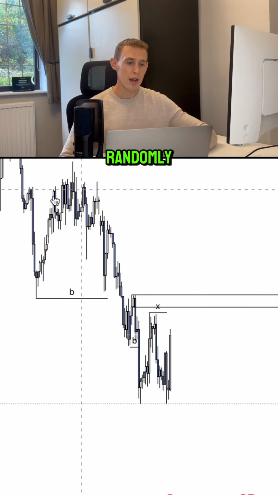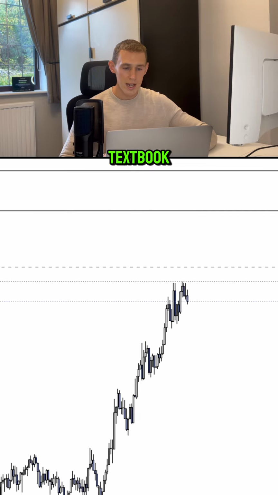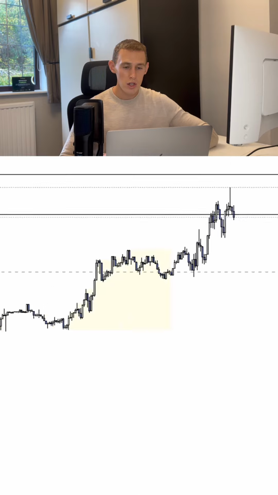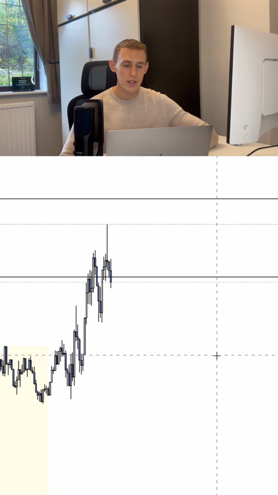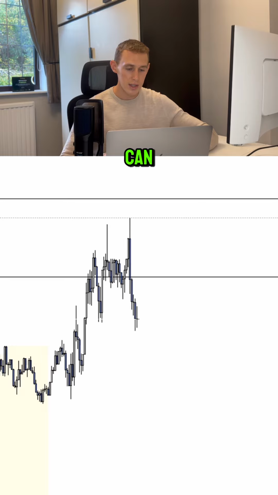Obviously though, we don't just randomly want to sell from this area of supply. So what we were waiting for is for our textbook lower time frame confirmation. During London Open, we were waiting for price to rally up into this area and sweep that area of liquidity to the left, which you can see it eventually did during London Open, also taking out Asia high into this